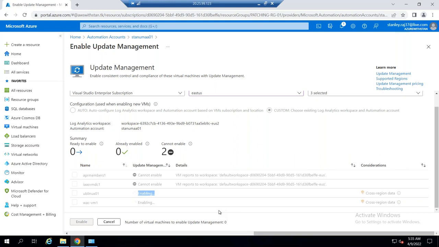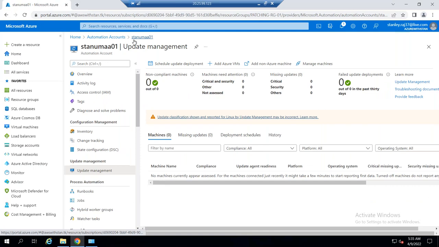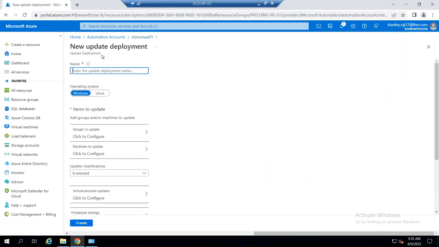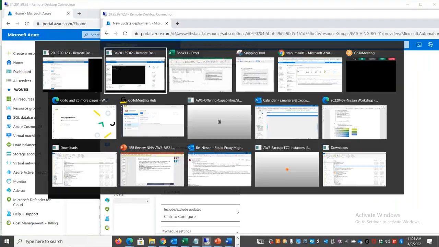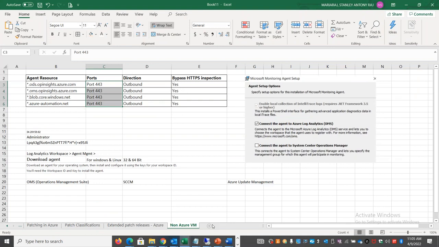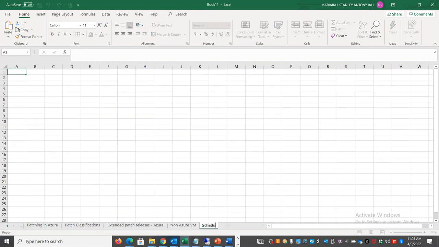Okay, once you add the machine, you have the option to go and schedule the update deployment. So this is what is scheduling, right? If you want to schedule it, you need to get the inputs from your application owner or from the customer. You need to get the downtime window or the maintenance window when you can patch it. So in some of the application cases, you need to work with some of the application owners. See, in many